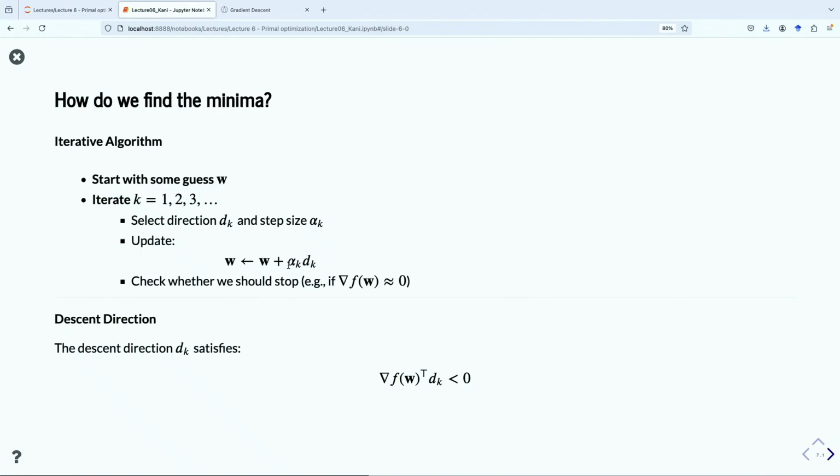So really, the important thing to fill out in this iterative skeleton is what direction do we take and what step size should we take? Those are the two major questions in any iterative algorithm. What direction, what step size? Okay, so